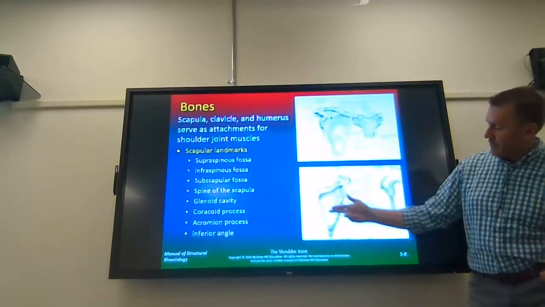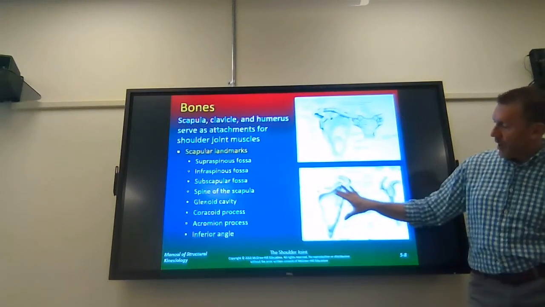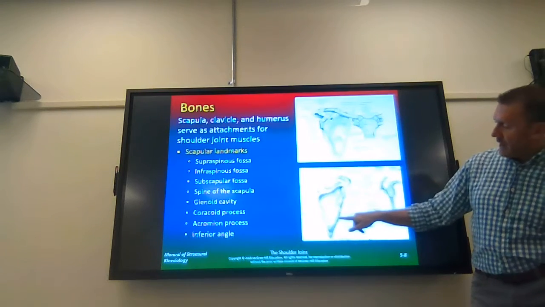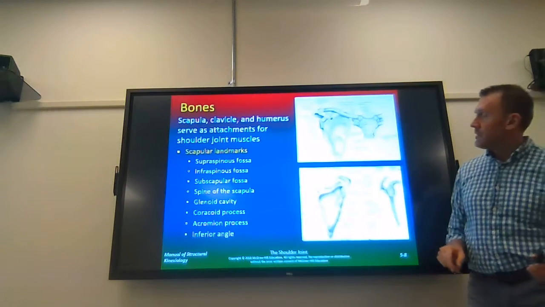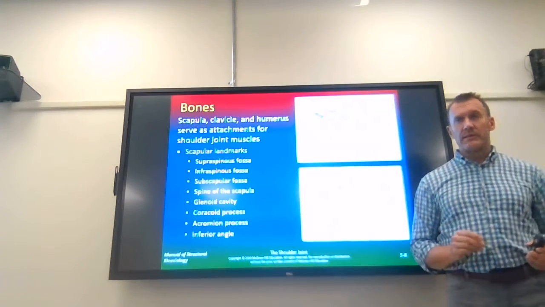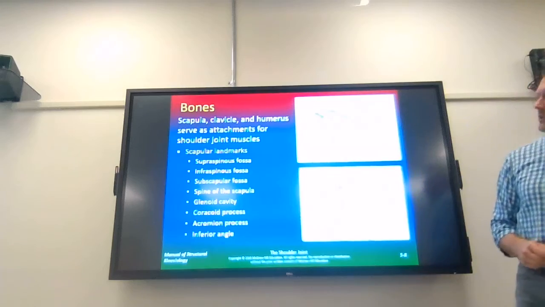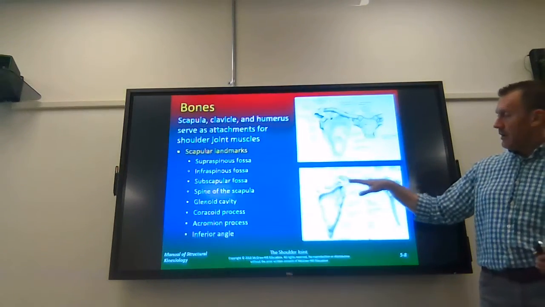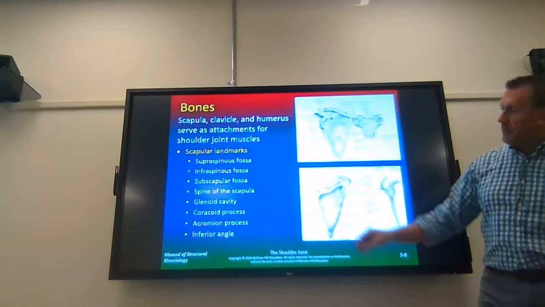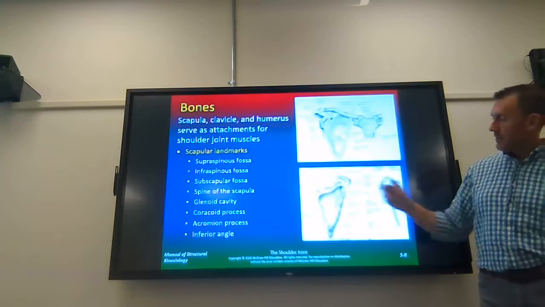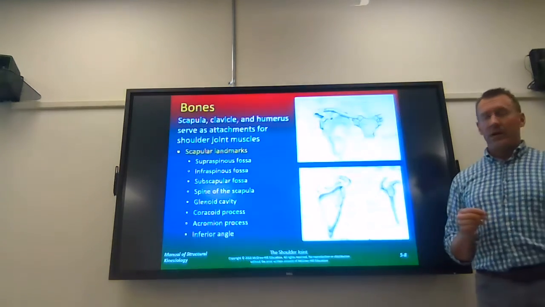Infraspinatus, right? Infraspinous fossa right here, this broad surface. The upper part mostly, because then you have the teres minor down here that has its origin. So those muscles then have their insertion on the proximal humerus to affect the shoulder joint. So spine of the scapula, okay, so right here, terminating in the acromion, glenoid cavity, okay, glenoid fossa, relatively shallow,